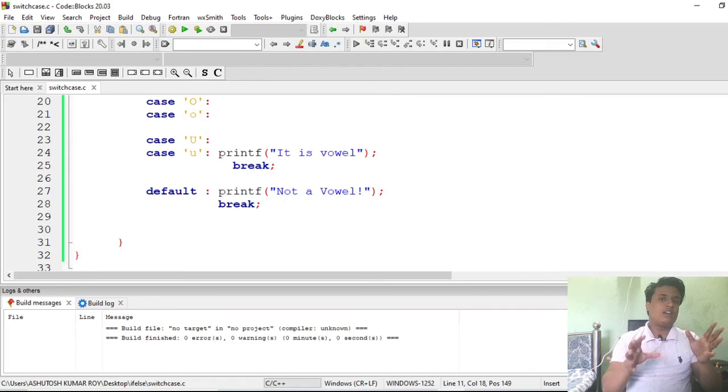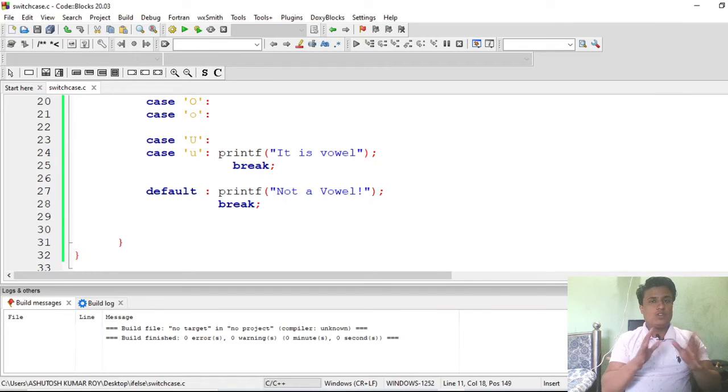You can use or not use break here, but some of you might have seen the flowchart with the break statement. That's why I have not shown you the flowchart, because the switch case flowchart is somewhat controversial. You can use the break statement or not, so there will be no single flowchart for every switch case statement. Hope you are getting it. That's why I skipped the flowchart part.